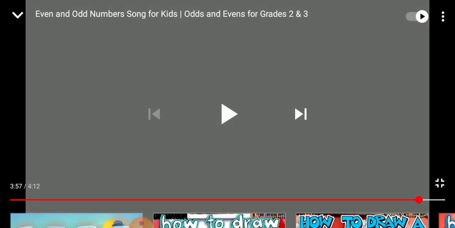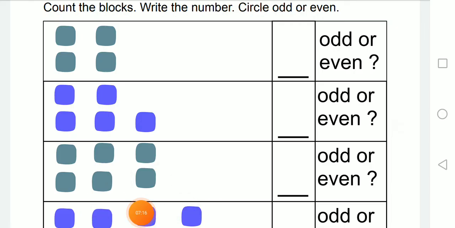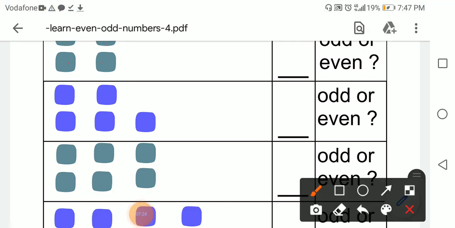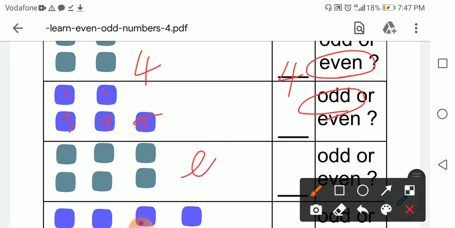I think it's very interesting, guys. I hope you understood the lesson. Let's have a very short practice on this. If I have here, how many blocks? 1, 2, okay. We need the marker. 1, 2, 3, and 4. 4 is an even number because we don't have any extra. What about this, 1, 2, 3, 4, but an extra 1 here? So it's an odd number. 1, 2, 3, 4, 5, 6. So 6 is an even number.